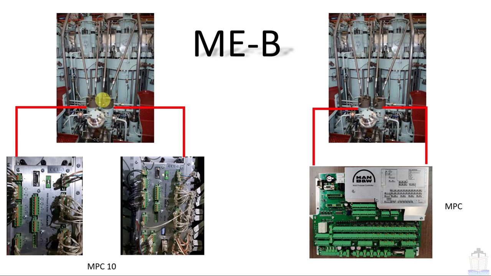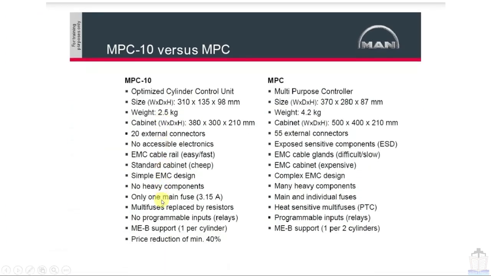So now in MEB, if I use MPC 10, then I have to use two MPC 10, one for each booster unit, whereas if I use MPC, then I have to use only one MPC for both these booster units. So in that way I can save a lot of money by using this MPC, because I have to use only one, whereas in case of MPC 10 I have to use two. So now moving to next topic,